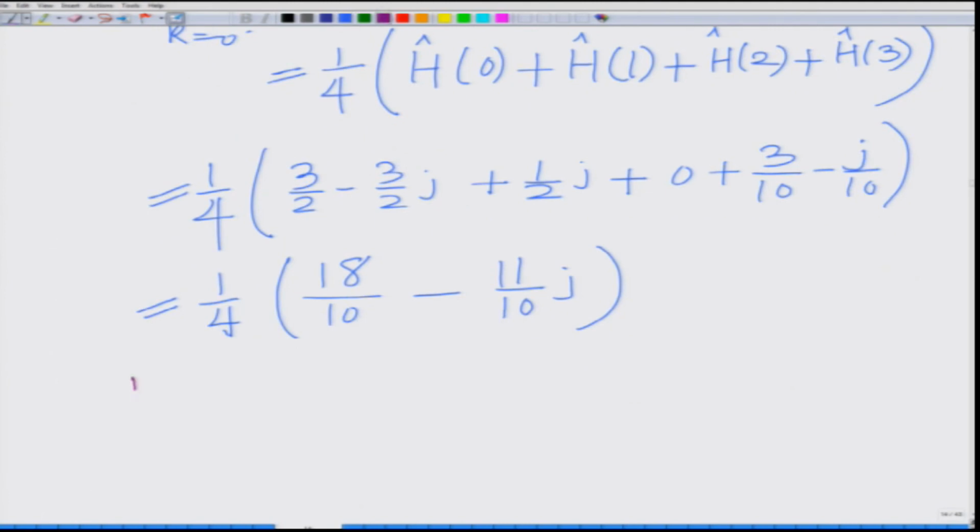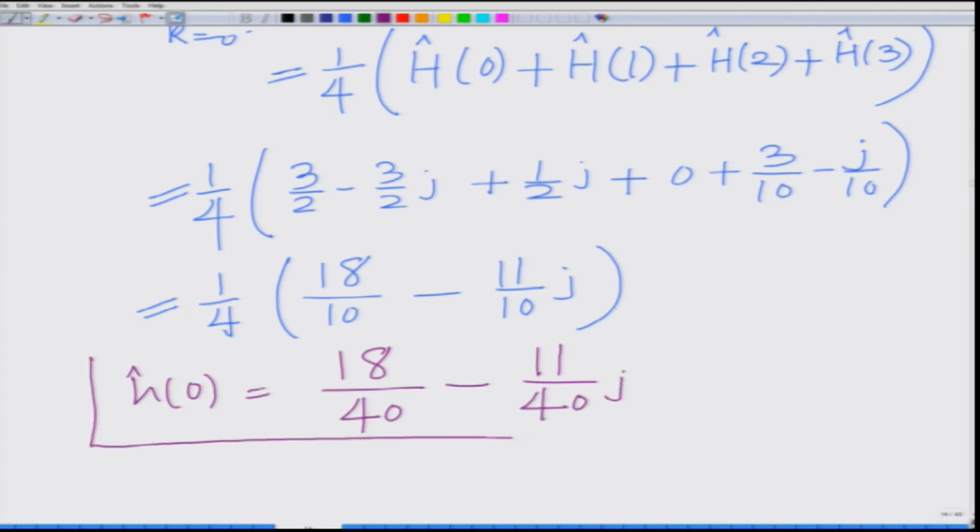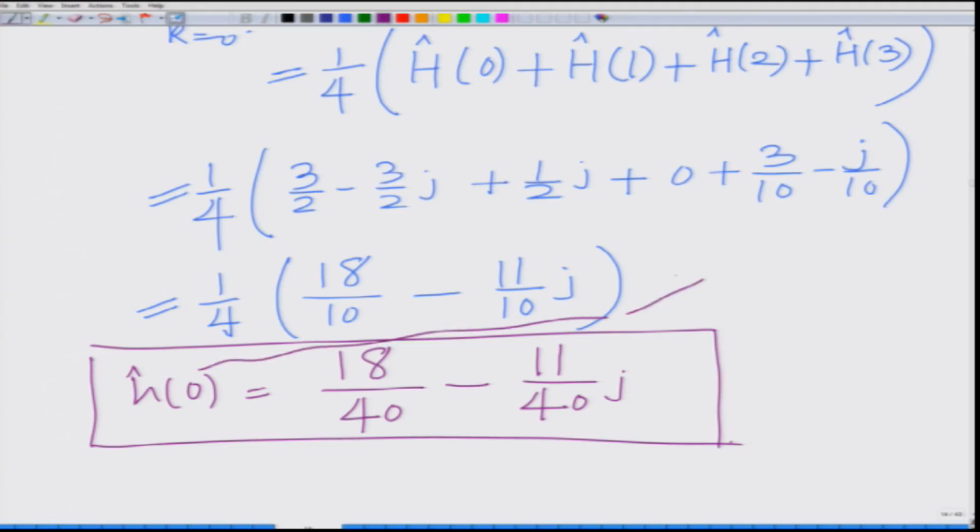Therefore, you can say h hat 0 equals 18 by 40 minus 11 by 40 j. I think this is the estimate of channel tap H 0. This is what is h hat 0, this is the estimate of channel tap